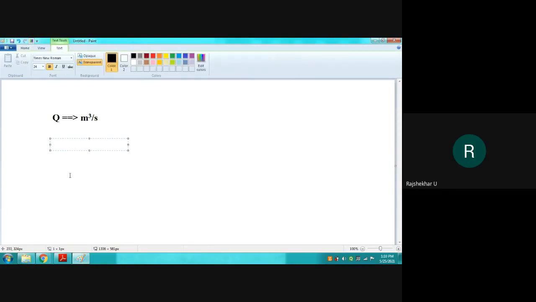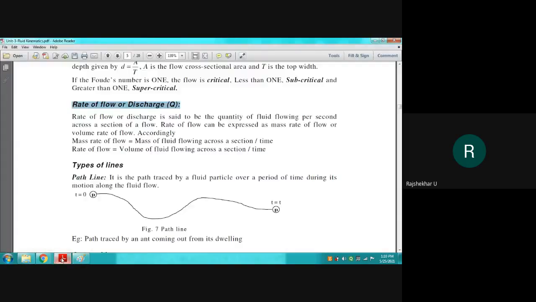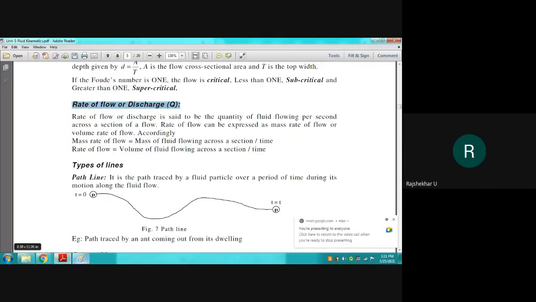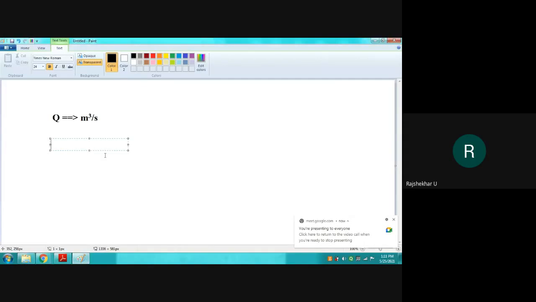For example, practically, let's say you are at home pumping water from ground level to the overhead tank. It usually happens on a daily basis, twice or thrice a day. Can anybody tell me what we do exactly? If I want to fill water from ground level to the overhead tank, I switch on the button. The motor starts rotating and drives the pump, and the pump pumps the water from the ground tank to the overhead tank.